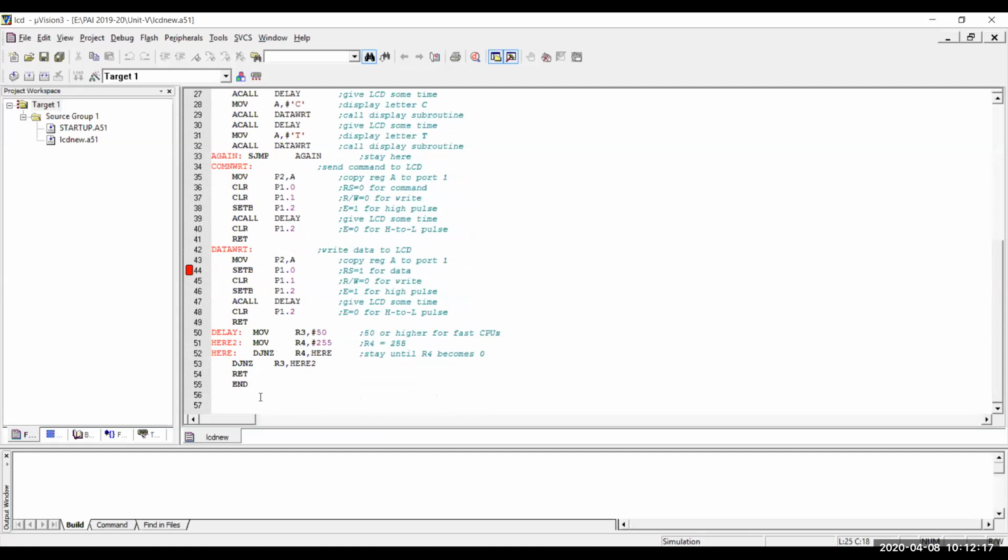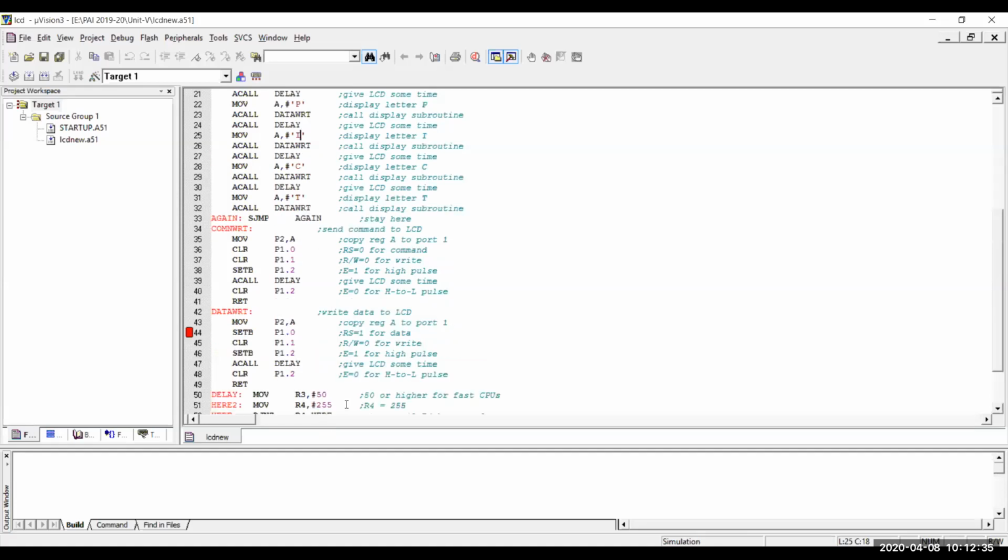Here we are introducing a delay of 255 into 50, between the two different codes or between the two different data values. So this is the actual program of your LCD.